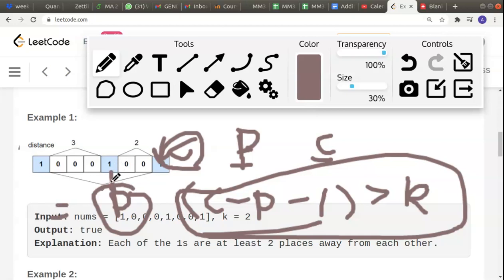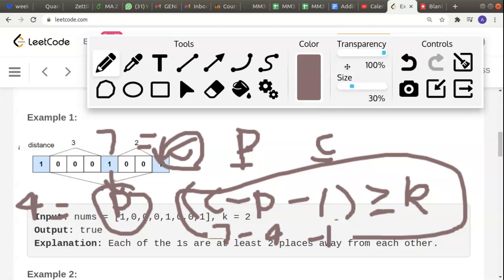So now our previous variable is having the index of 4, and our current variable is having the index of 7. Again we make this check, right? So 7 minus previous, which has the index of 4, 7 minus 4 minus 1. So I'll write it better. 7 minus 4 minus 1, so that is equal to 2. So we make this check.